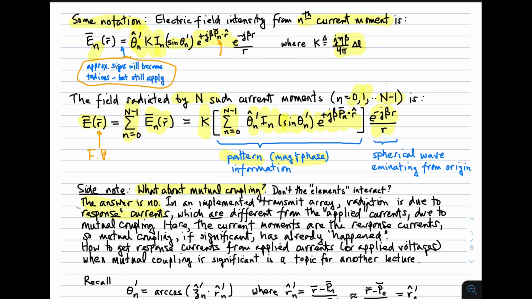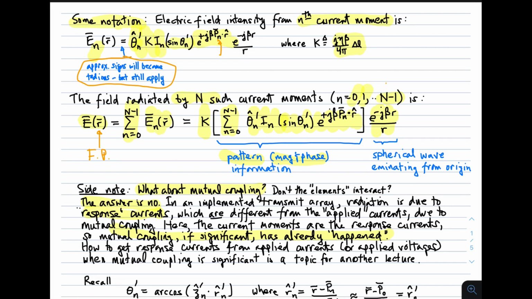In other words, you apply currents, but the currents which radiate are the sum of the currents that you applied and the currents which are induced due to interactions among the elements. Here we're simply talking about the currents that result in that whole process and which radiate. Another way of saying this is that mutual coupling, if it's significant here, has already happened. So we're not neglecting mutual coupling, we're just considering what's happened